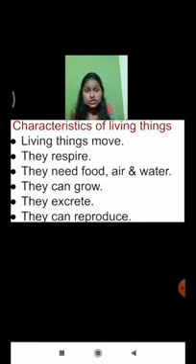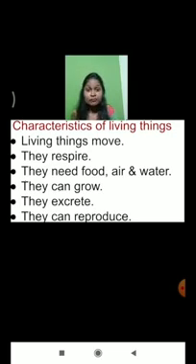Okay, and most importantly, we living things require food, air and water for survival. If food, air and water are not provided to us, then eventually the living organism might die also. So that's why it is one of the important features of living things. Non-living things do not require food, air and water. Have you ever seen a football eating food or drinking water? No. That means non-living things do not require food, air and water.